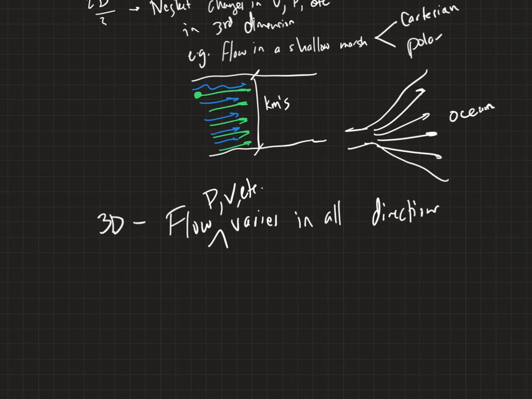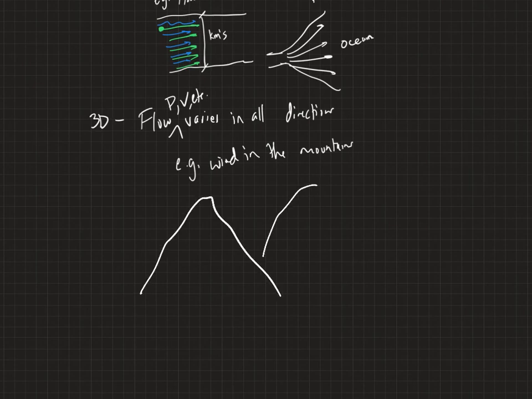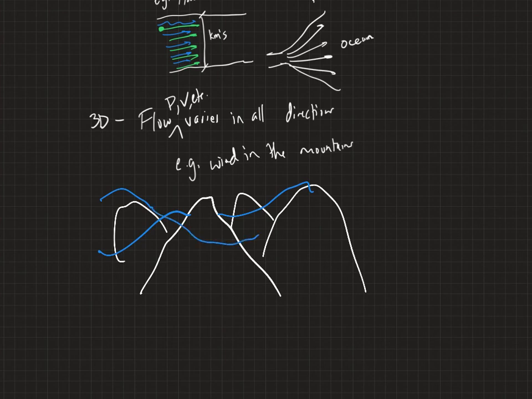And I usually like to think about this as wind in the mountains. If you've ever been in the mountains, you've probably experienced some pretty cool wind. But we can imagine a mountain range, and it's got a whole bunch of peaks and things. And then you can imagine the wind coming through here and doing all kinds of crazy things that wind does. I do know some things about what wind does because I know fluid mechanics, but I'm not going to lecture you on how wind moves from mountains because I'm the wrong person for that. But anyway,